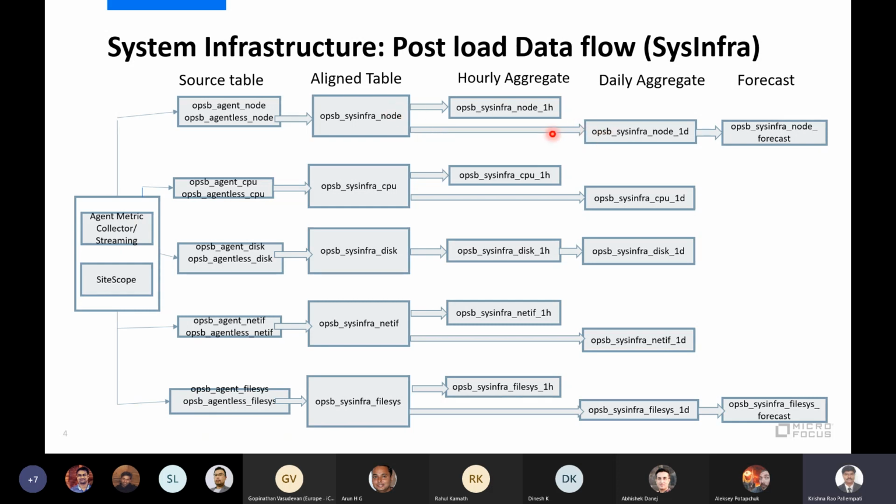Those are the components. If you need further transformation or further computation of the data, then we can write custom Perl scripts, and you can bundle all of it in a system infrastructure content pack.